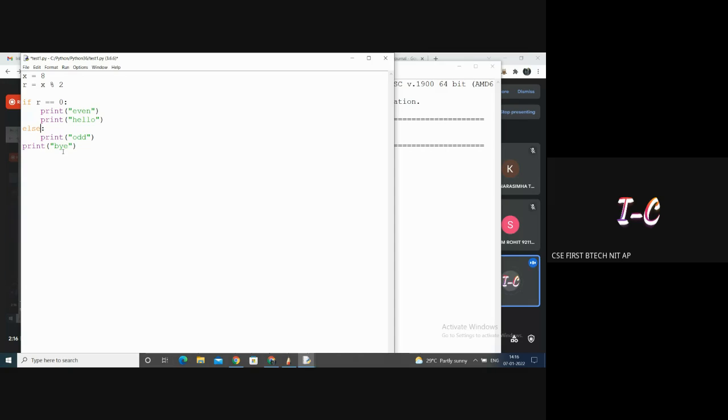For example, if we have remainder is equal to 0, then we are printing even. Inside this outer if, we have another if inside, right? We have another if, and we are checking if x is greater than 5,